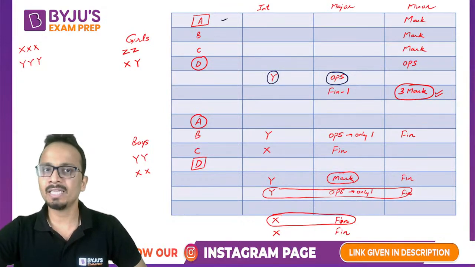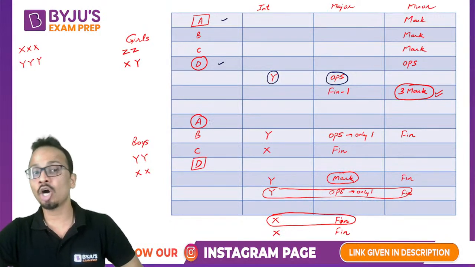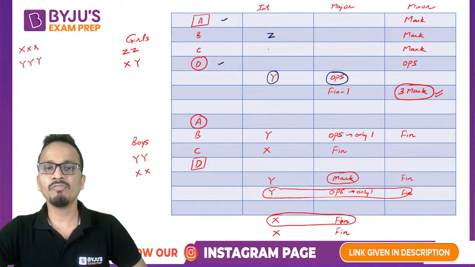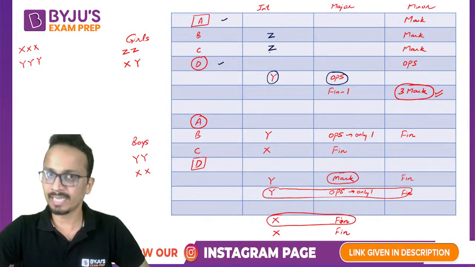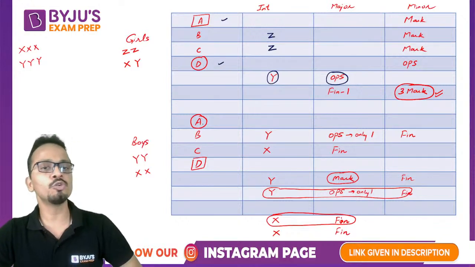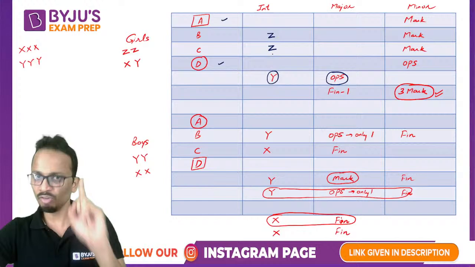It can be either A or D because they are in common institutes with the boys. So I can say that the girls B and C will have to be from Institute Z because girls A and D are in common institutes with the boys A and D. So B and C girls will be from Institute Z. This is clear. First thing.